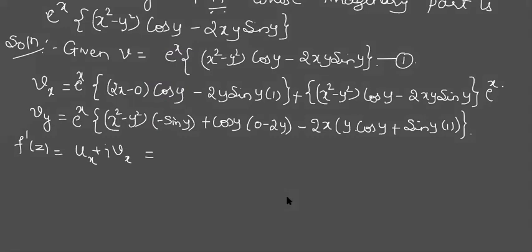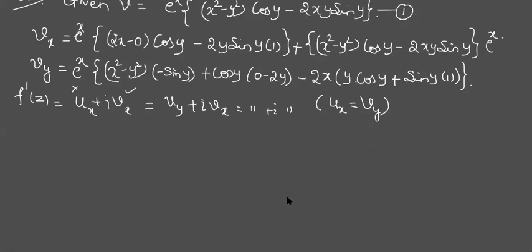Among this ux and vx, what can we substitute? Vx we can substitute, but ux we don't have. So what is the CR equation? Ux is equal to Vy. So in place of ux, I'll write Vy plus ivx. Again, you know what to do. See, this Vy is there, no? You substitute. While substituting, you can take common and write that step here only instead of wasting time. Is the part clear how to substitute and all?